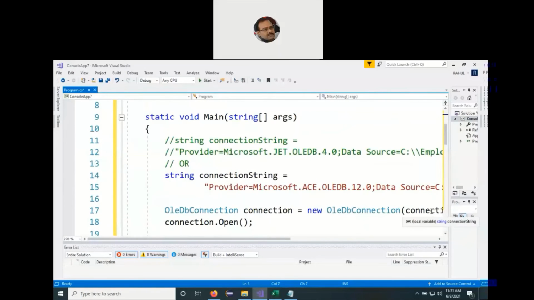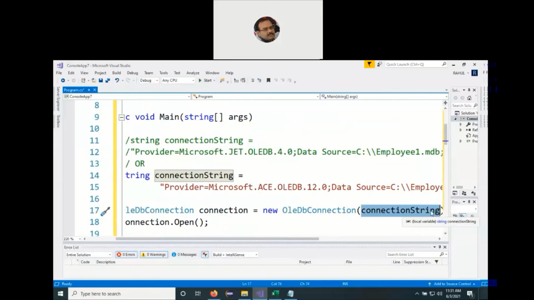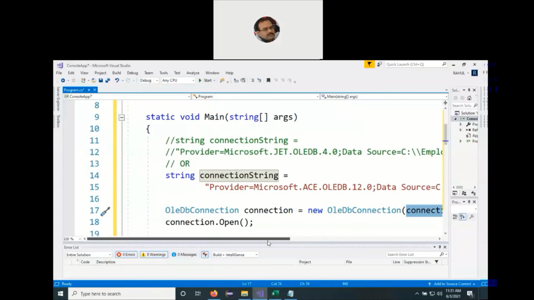So we pass the name of the connection string as a parameter. Now at this point of time, Visual Studio in conjunction with the Windows operating system will try to load and register this driver so that the user can perform the required DDL, DML, and DCL statements. If the process of loading and registering the driver is successful, then we will have the return information regarding the driver in the connection reference variable.